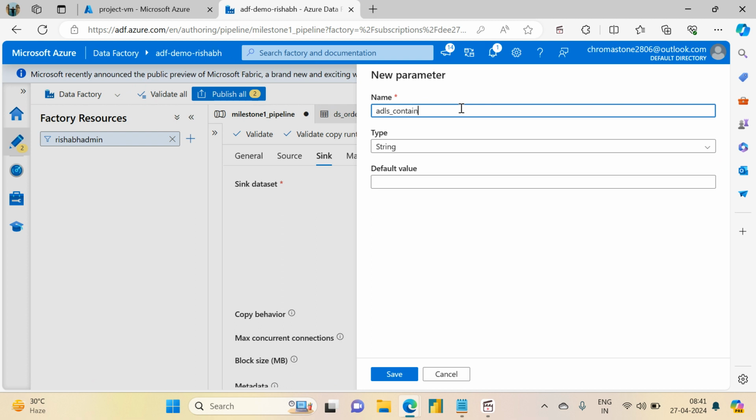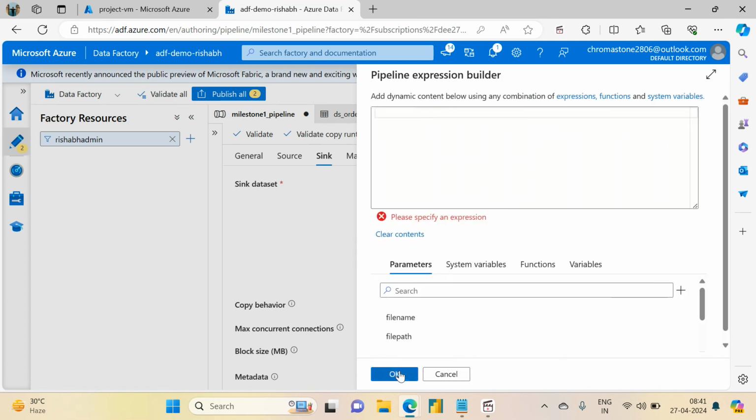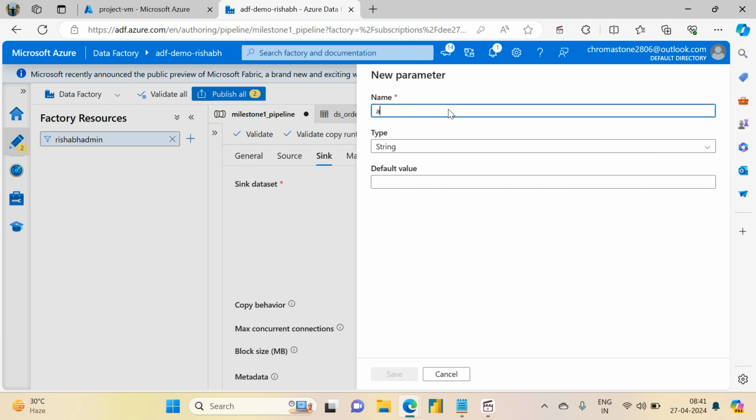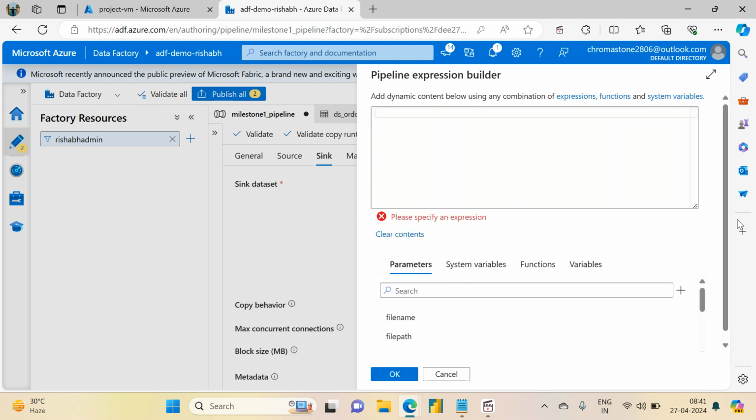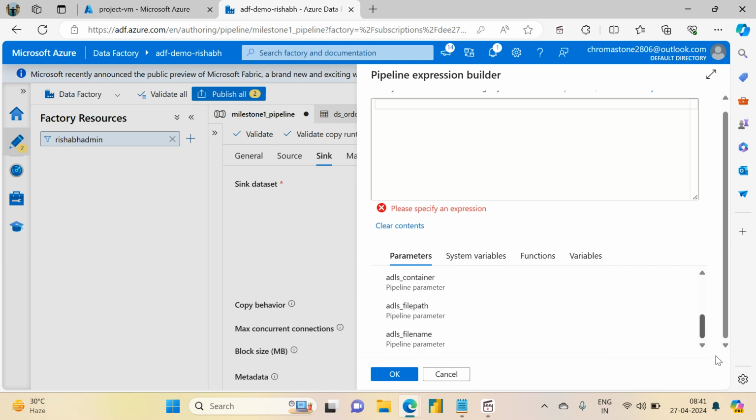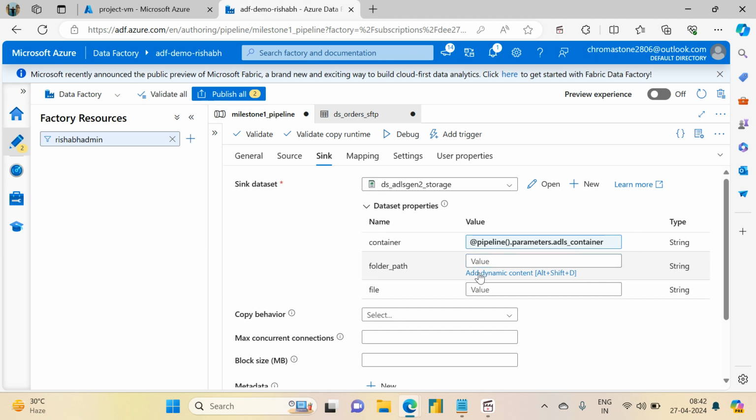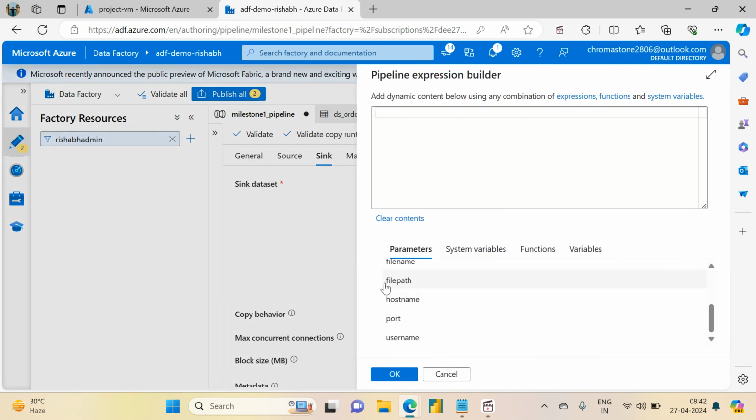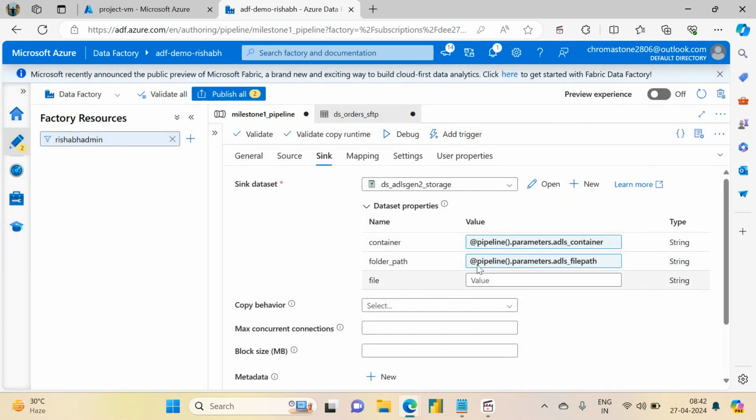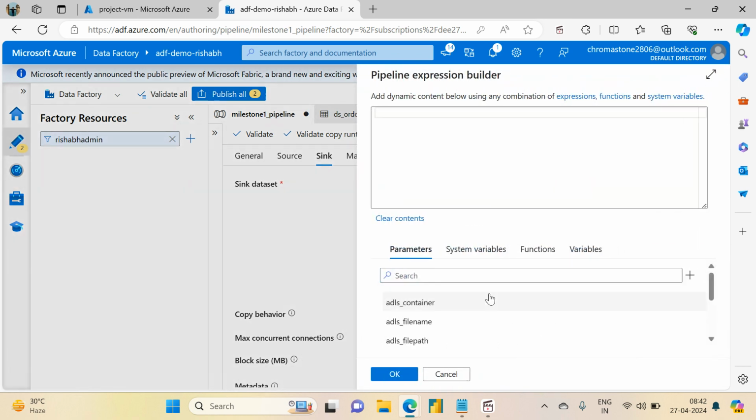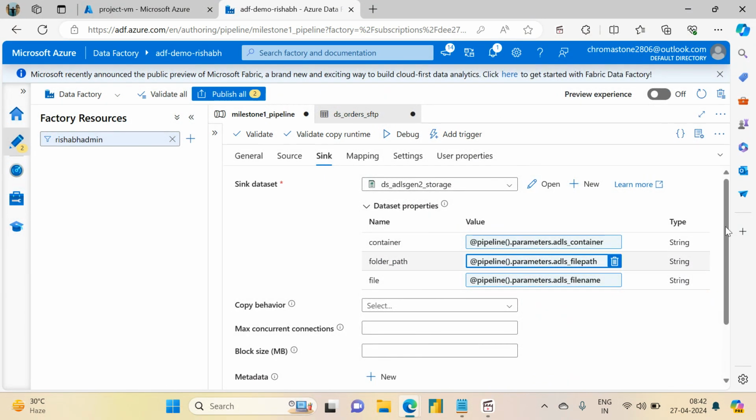ADLS container, then you have ADLS file path, and then you have ADLS file name. Okay, so first you will use ADLS container. For folder path, you are going to use ADLS file path, and for file name, you are going to use ADLS file name. Okay,